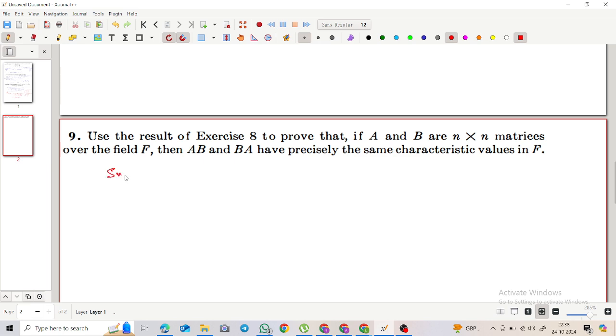So suppose lambda is an eigenvalue of AB with respect to the eigenvector V. So we have ABV